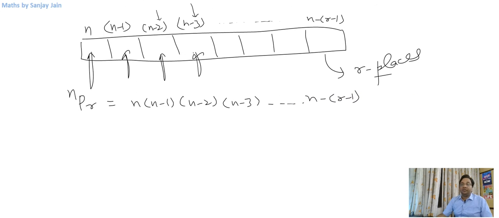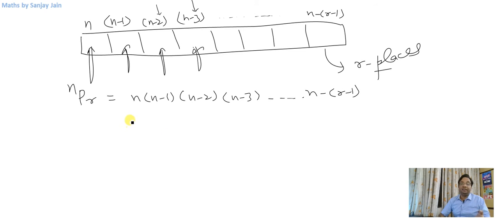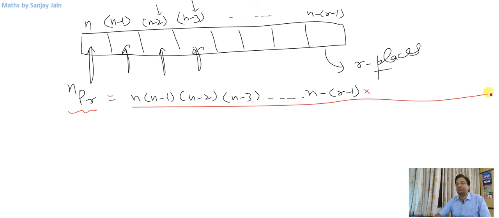Now we will use the knowledge of factorials and write it as a simple formula, right? So this expression we have already learned. Now I'll just multiply this expression with something and divide it with something to bring it into a simpler form that can be memorized very, very easily. So what I'm going to do here is, now this term is what? See, I started with n, then I wrote n minus 1, then n minus 2, n minus 3, right? So I am writing this, if this was 1, this was 2, this was 3, then there would have been 4, right?